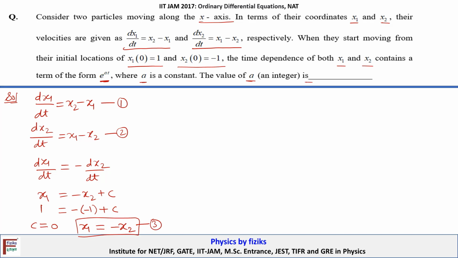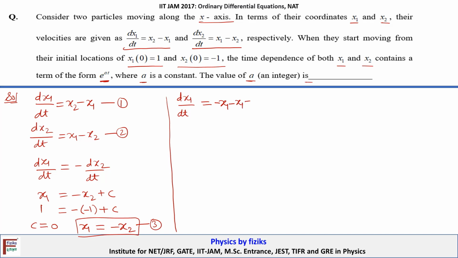Now using equation 3 for the path of the first particle, dx1 by dt, the first equation is reduced only in terms of x1. In the place of x2 we write minus x1,